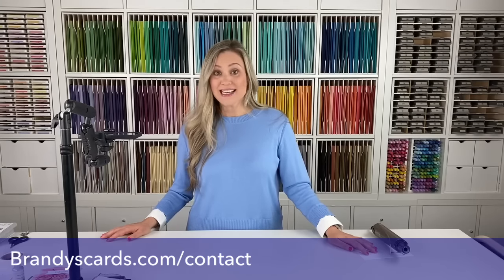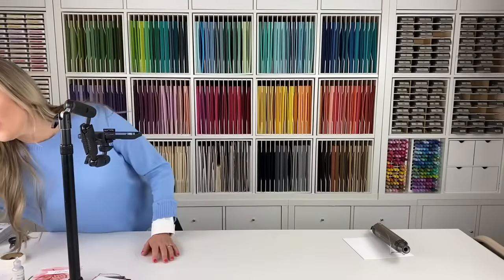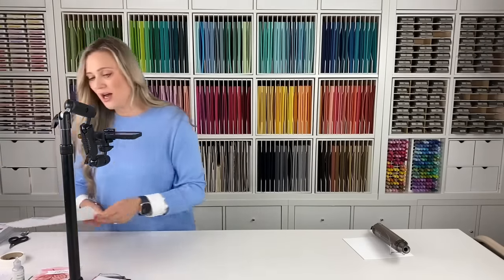All right, so the next idea that I had was along the lines of the tree. And I thought, well, gosh, what if, and I was looking at some of the other cards that I did. I loved the pearls, right? The pearl frame on the butterfly. So then my next idea was, well, what if, and let me show you, what if I draw a heart,